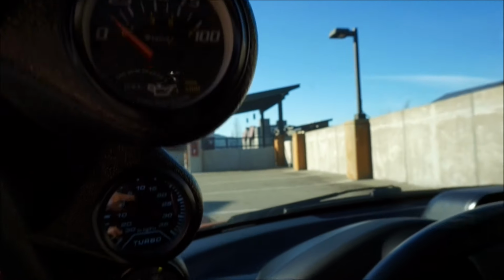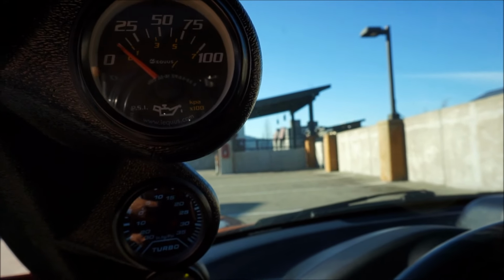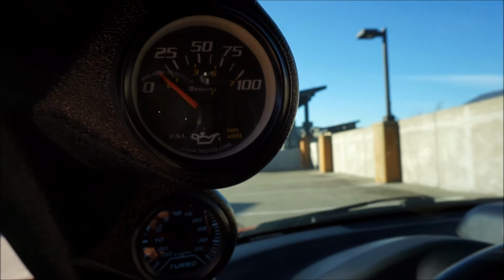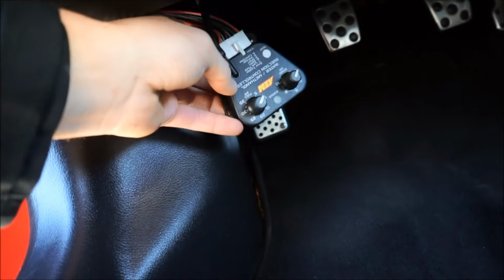Then the next one, I think it just came with it, but it was $20. I don't even have it hooked up. That's for oil pressure, I guess. I think at one point I thought it had volts, but it's just oil pressure. It's just a fill gauge. I don't use it. If I decide to get another gauge, I would put it up there. That gauge is $20. So a lot of people actually don't know, but my car actually has methanol in here,